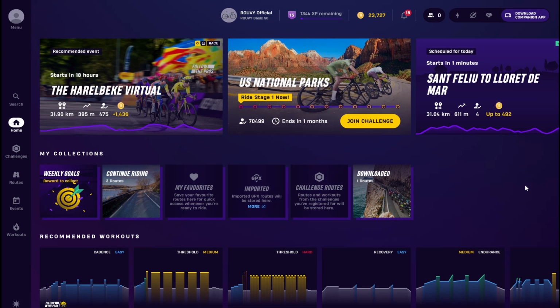Hey guys, in this video I'm going to show you how you can import a GPX file to Rouvy. So let's get straight into it. Now we are located in the app, but we will also need